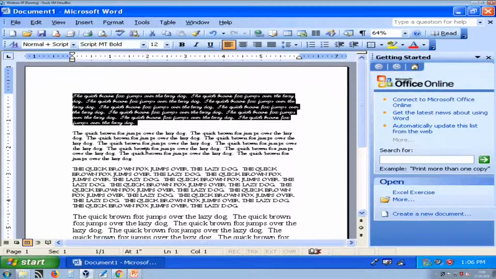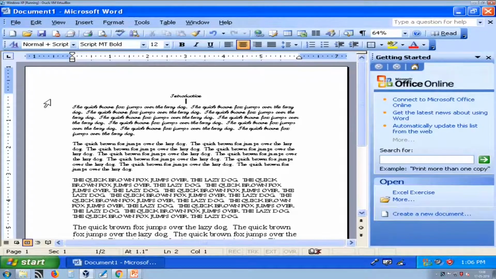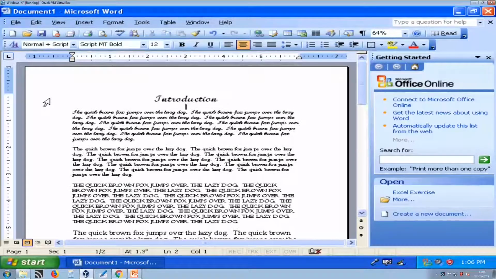Generally, we provide the title in center. So, here is how center alignment will look like. This is how we can apply center alignment. It is generally applied to a title.